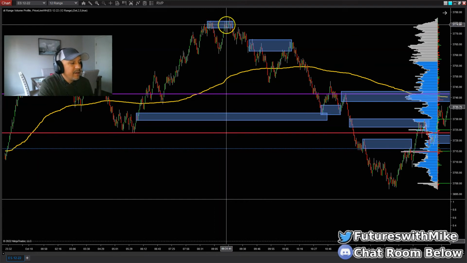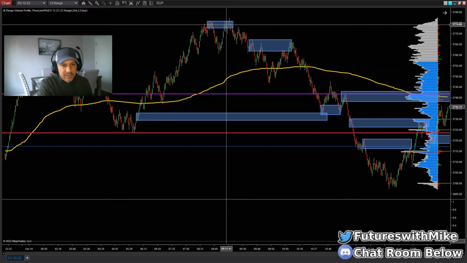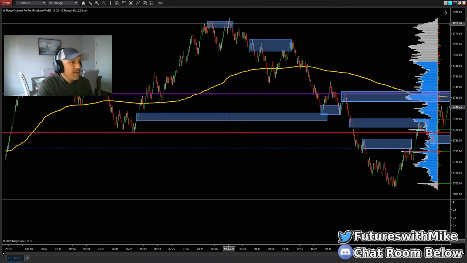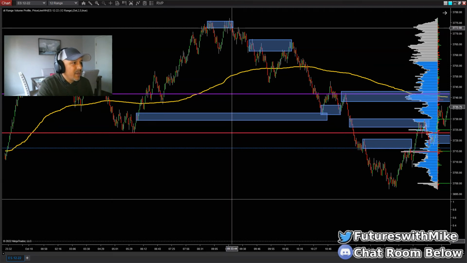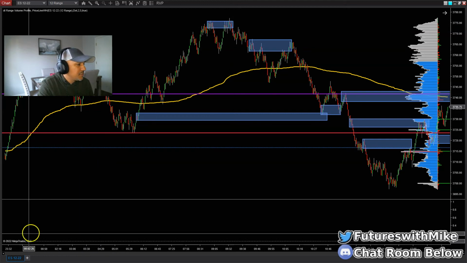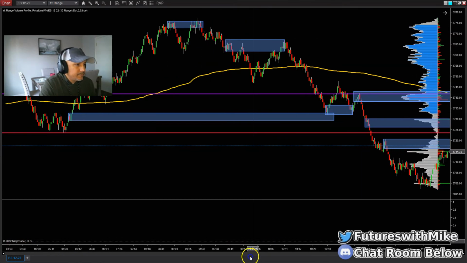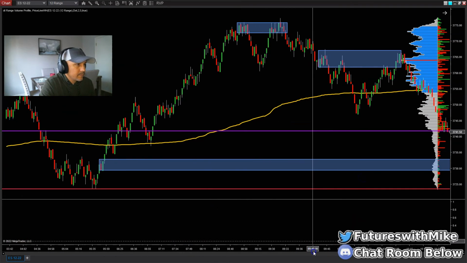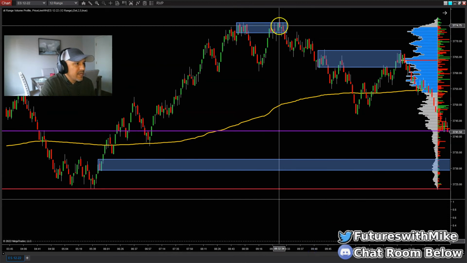So price gets back into this area here. Once it taps into this area, I'm looking at this off a 12 range chart. I trade based on range chart. So I'm just looking for a candle break once price returns to my area of supply and demand. In this case here, this is supply. I'm looking for a candle break. Price taps into it. Once I get a break of a candle, I'll show you right here. Blow this up. Okay. So price tapped into the zone here.